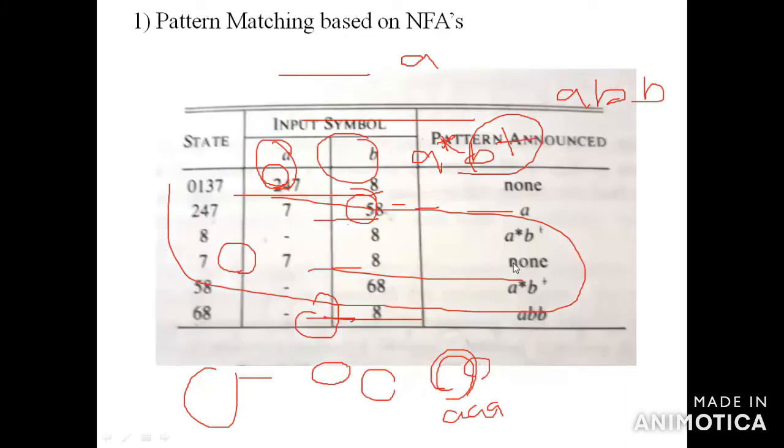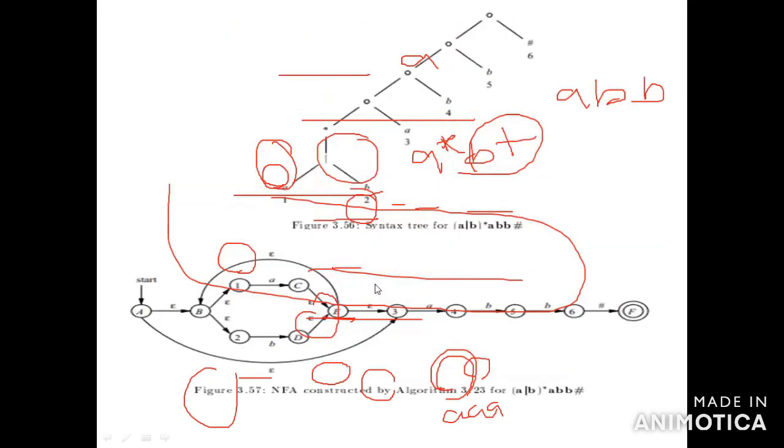This shows how the states move on the input symbols. 0, 1, 3, 7 is a state set; similarly, you have to represent how the state moves on a and b. So this is how to solve a problem from a regular expression using the Thompson construction algorithm, and how to solve it using the subset construction algorithm.